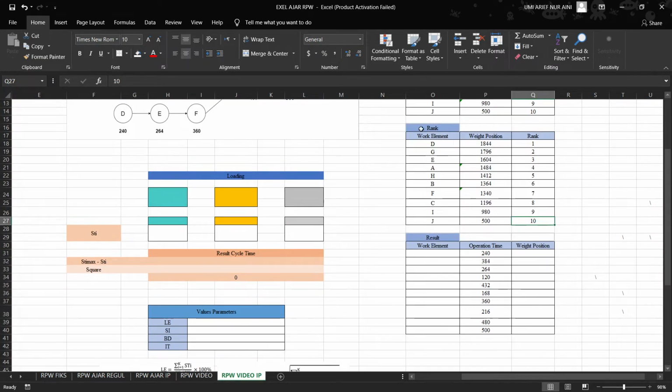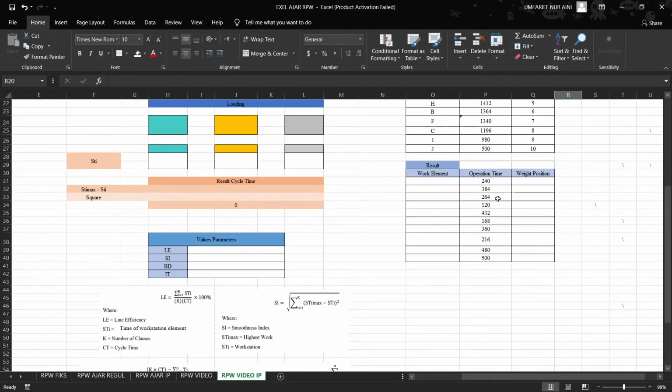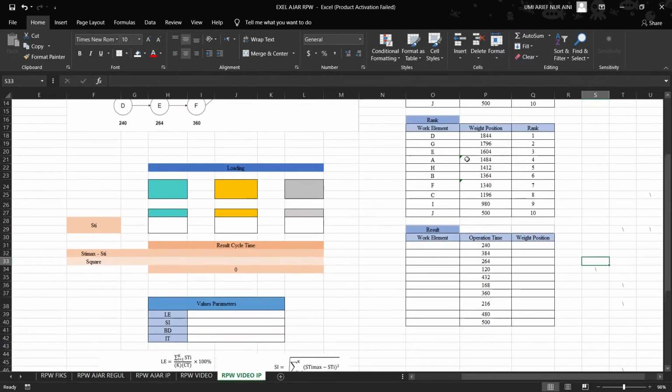After we rank the work elements, we must calculate the result table. You can copy the work elements from the rank table and paste them in the result table for the work element column.